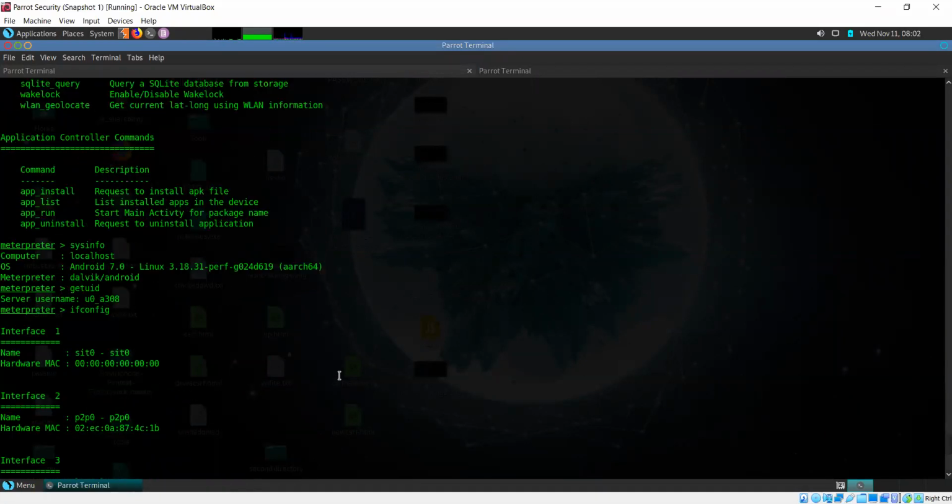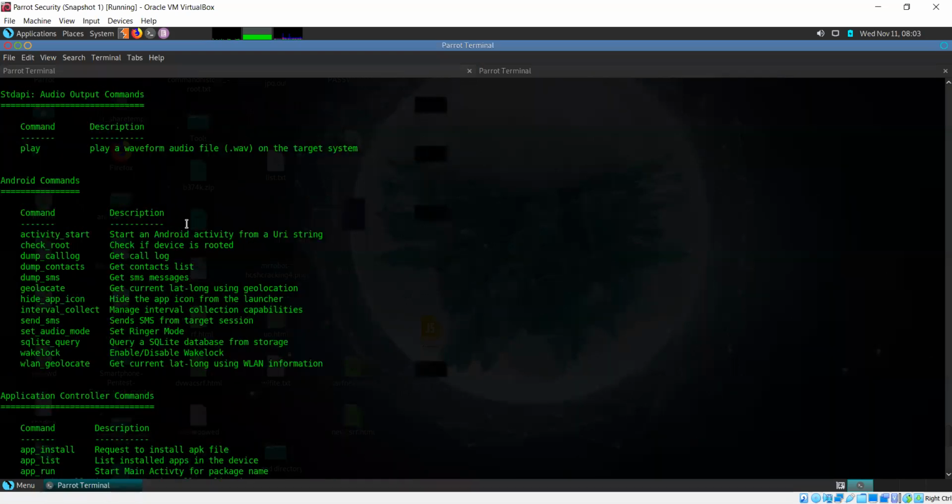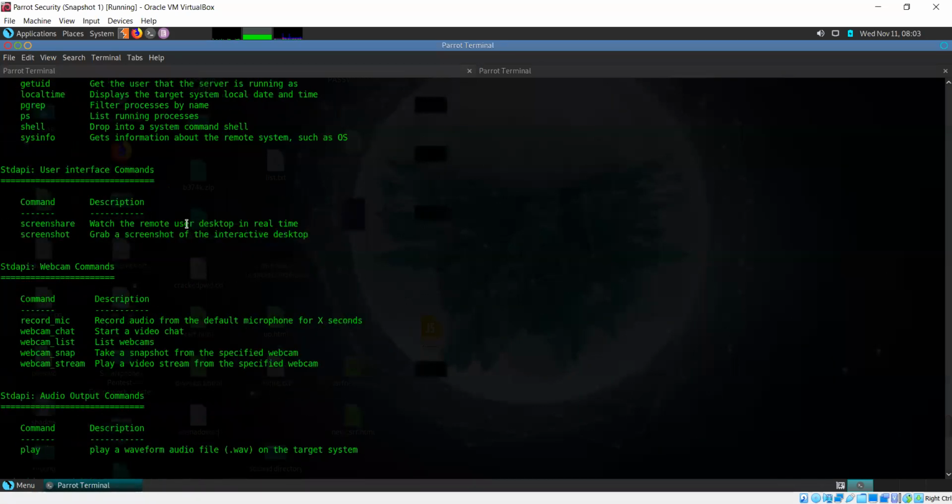And again, you can use this as a spyware, as a keylogger. You can remotely control the device. You can see what's happening on the device. You can delete files, upload files to the device. So once you get this thing running in someone's system, you can do a lot of things with it.